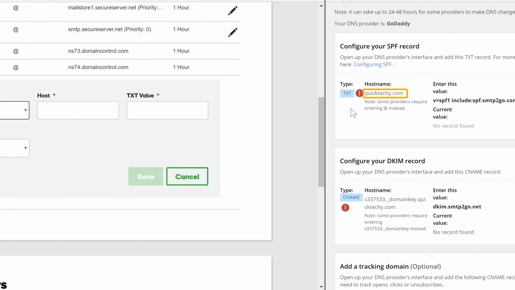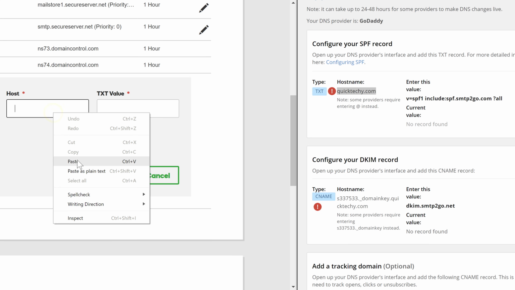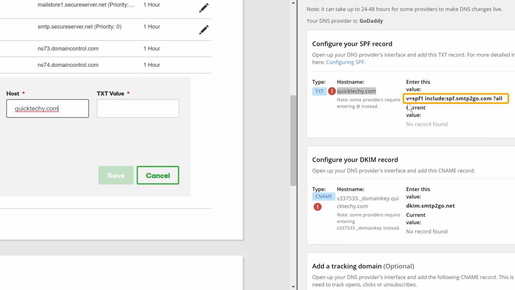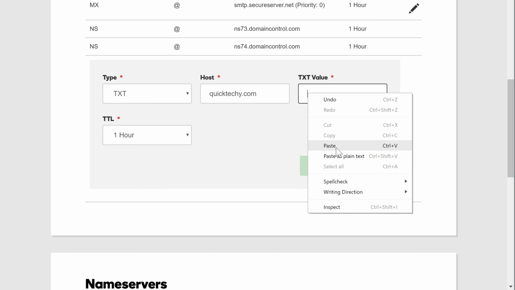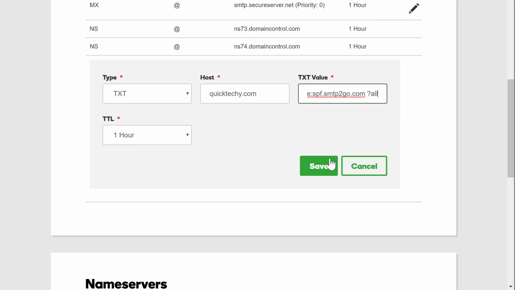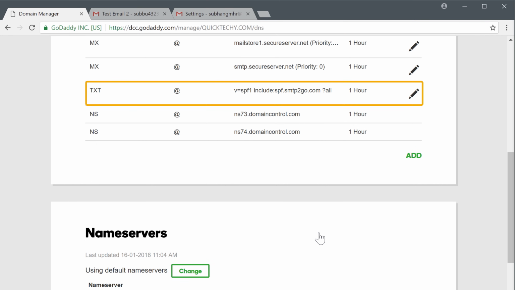Next, copy the host name and paste it here. And then copy this and paste it here. Now click Save. Okay, so now we have added the first entry.